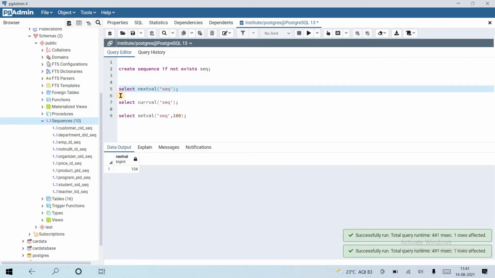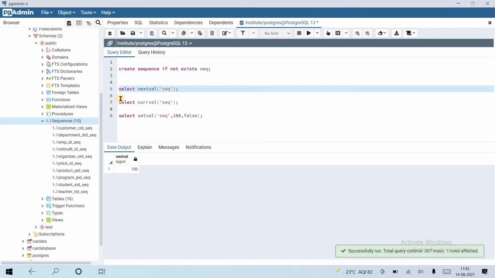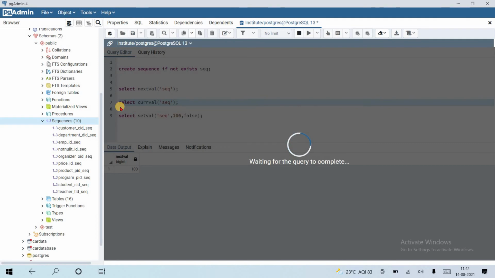Okay, so the setval is used to set the value. So what if I use false here? Let's run the query. With the setval function, the sequence will start with 100. Here you can see that if I use the nextval function, it will not increment the first time. It is 100. If I check the current value, it is 100.